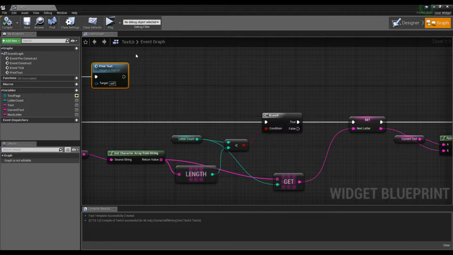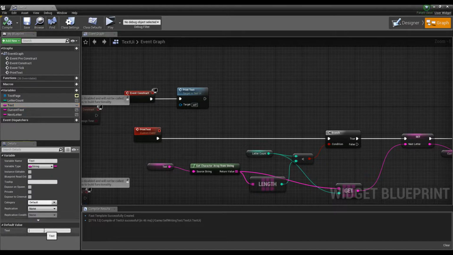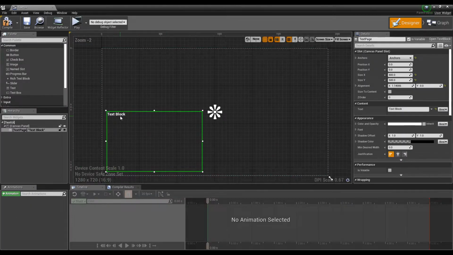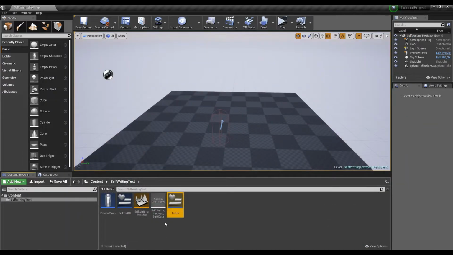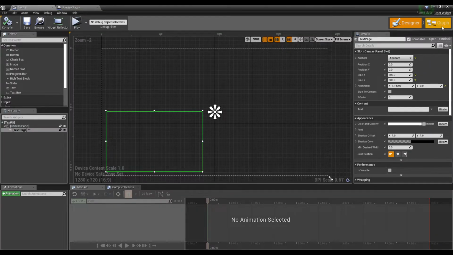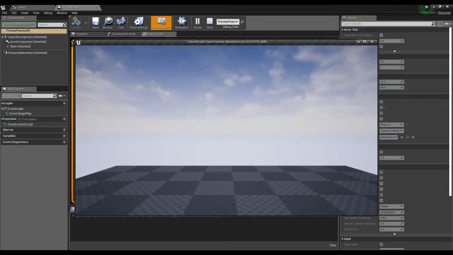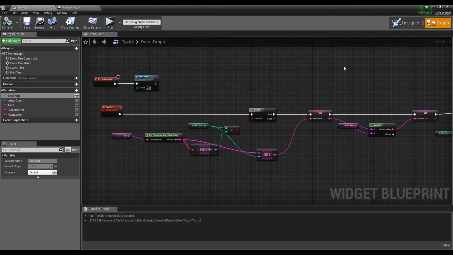So okay, you can actually try to test this out right now. You can make a random text and just delete the current one. Go to a preview pawn, have to call the right Y that we just made. So yeah, it's this one. So let's see. And it doesn't work